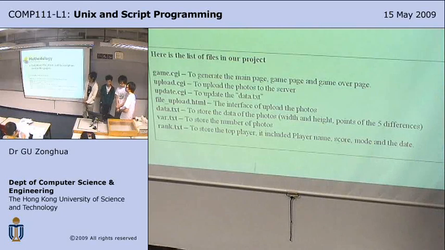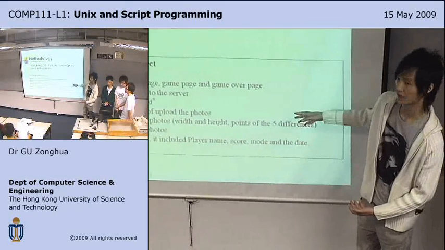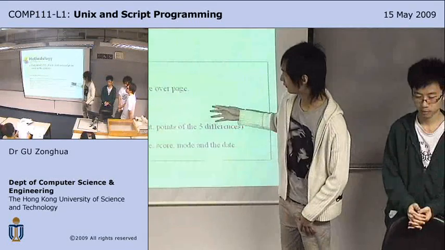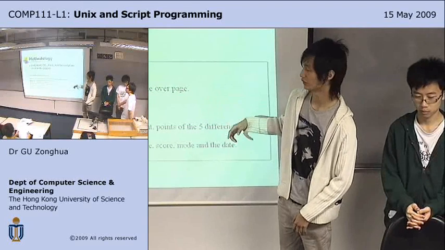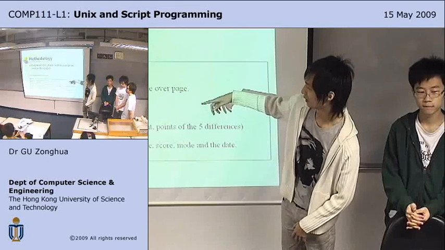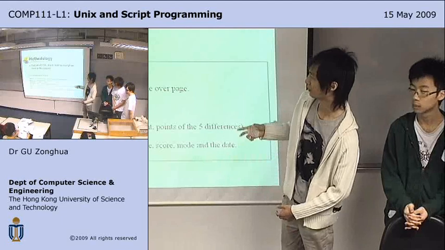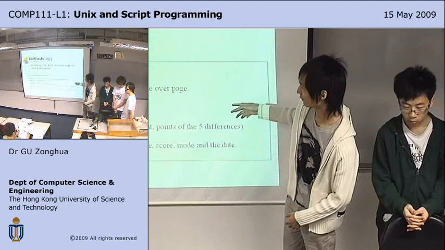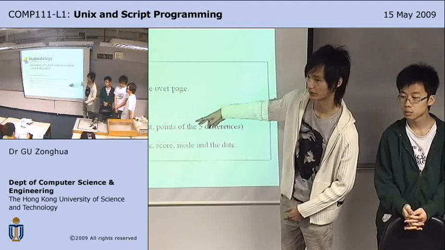In our project, we have used Perl, HTML, CSS, Flash, and JavaScript to make the game. And here is a list of the files in our project. Firstly, the game CGI, which is the main page to run a game. We have the upload and update CGI file to manage the upload and update function of our game. And we have file upload HTML, which is